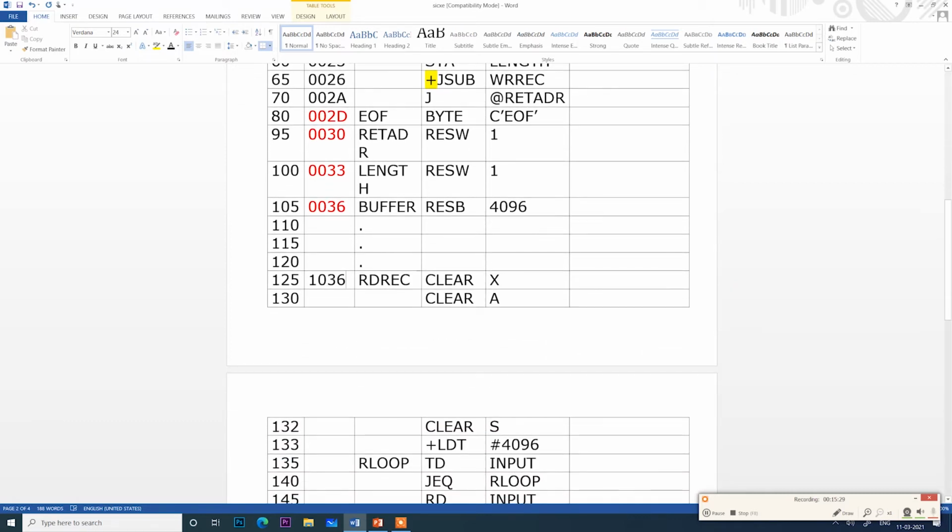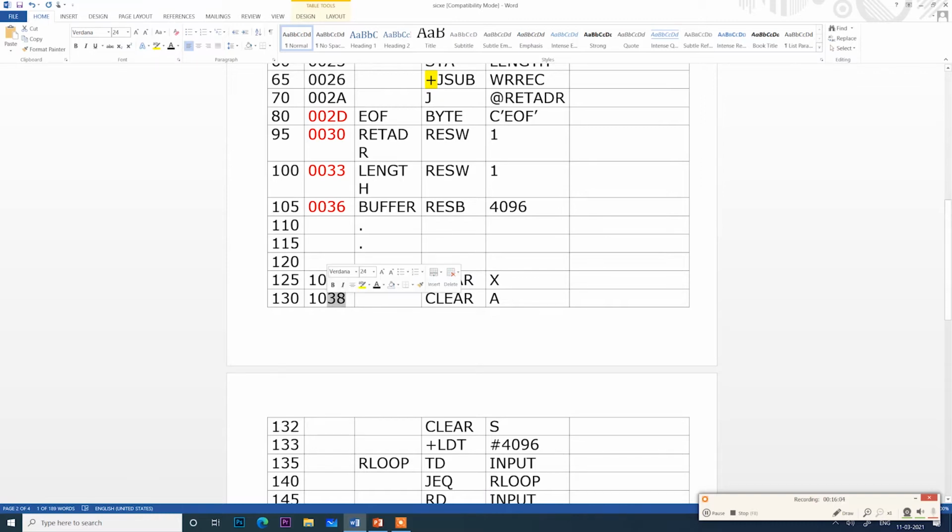So now you can see here clearly, this is an opcode and X is nothing but a register. So when a register is part of your instruction, it is a format 2 instruction. So it occupies 2 bytes. So 36 and 37. So next one will be 1038. Clear? So clear is nothing but an opcode and here I have a register. So when I have a register associated with my opcode, it is a format 2 instruction. So it occupies 2, 36 and 37. So next one is 38.